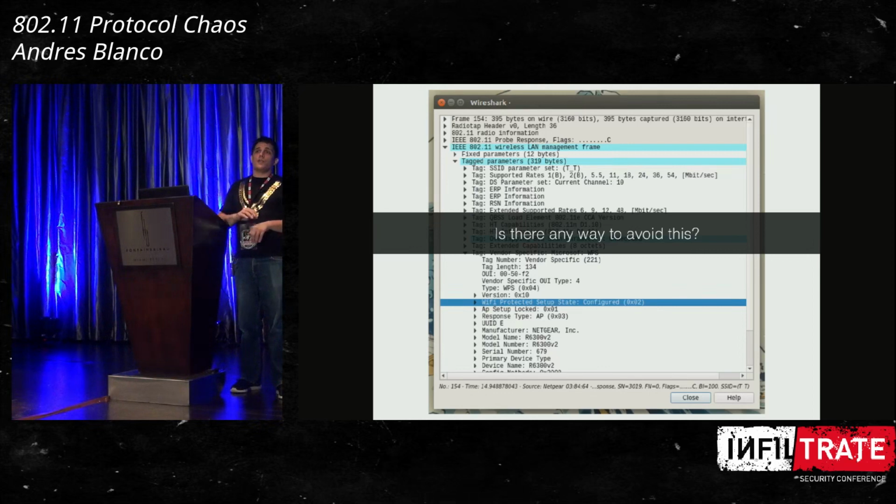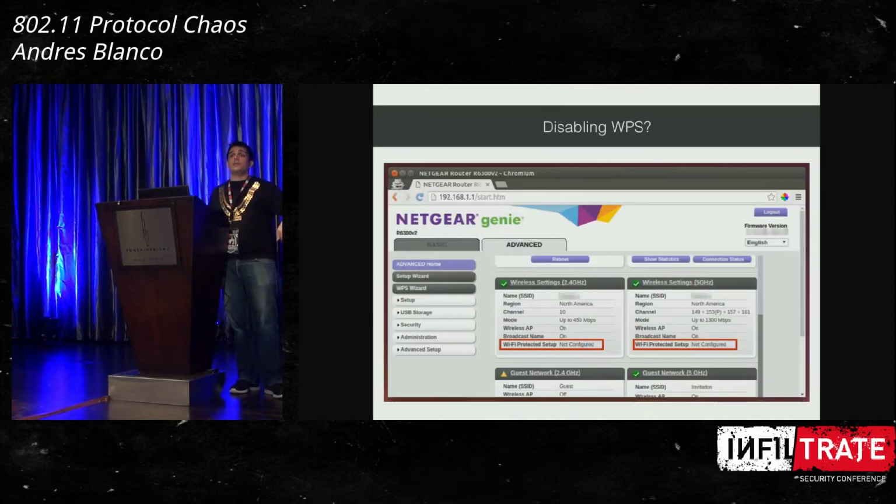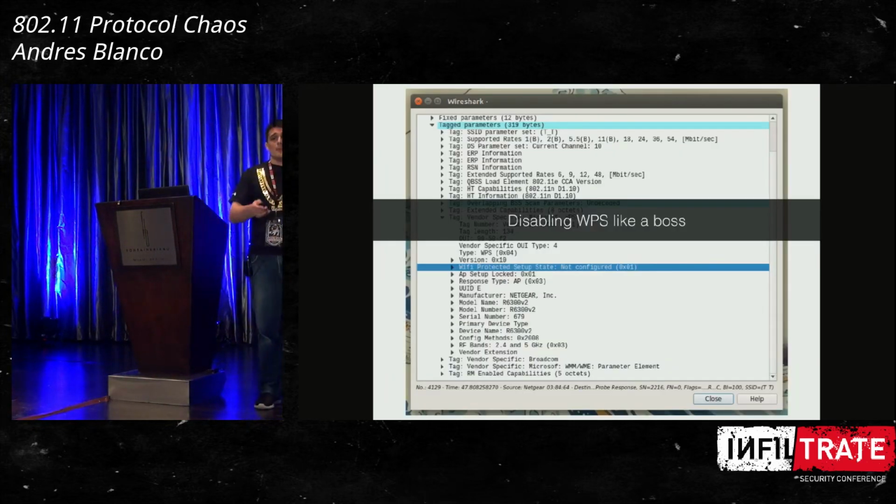WPS is almost in every modern Wi-Fi access point. Maybe on the enterprise level access point it is not enabled, but all other access points have support for this protocol. So is there a way to disable this? Well, I disabled it on my access point, and then I started listening to frames again, and it doesn't work.